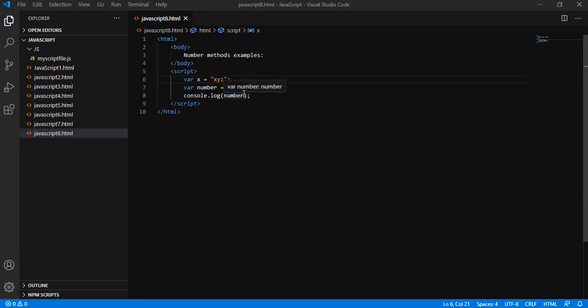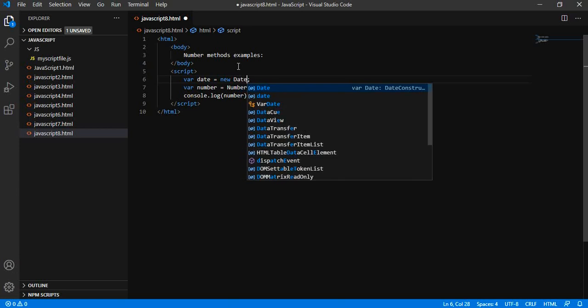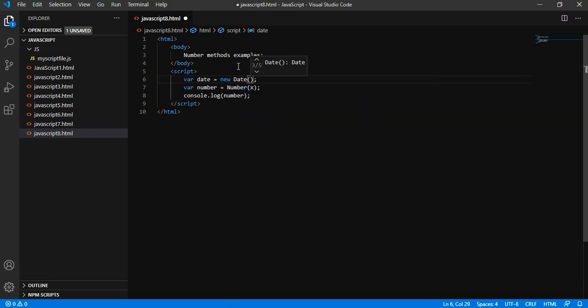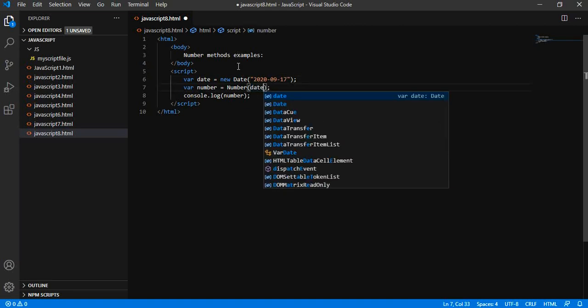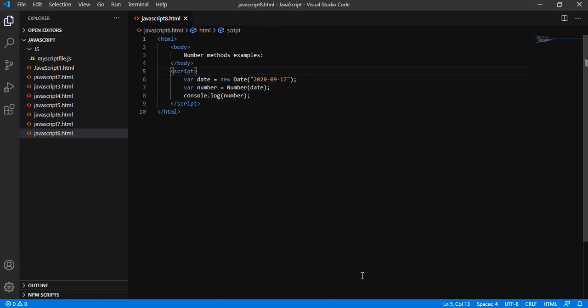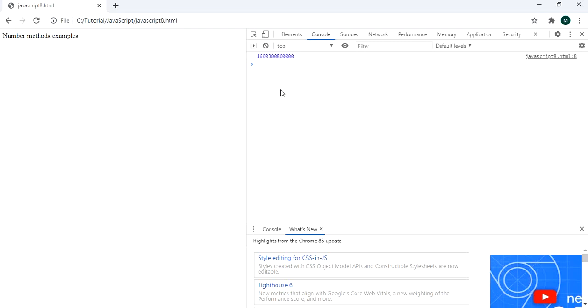The Number method can also be used on dates. Suppose that I give a date. You can see the output.